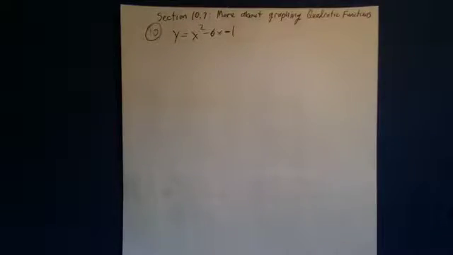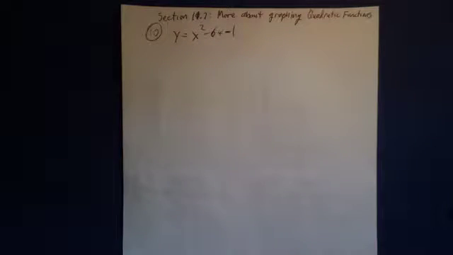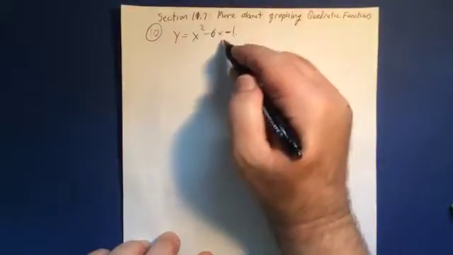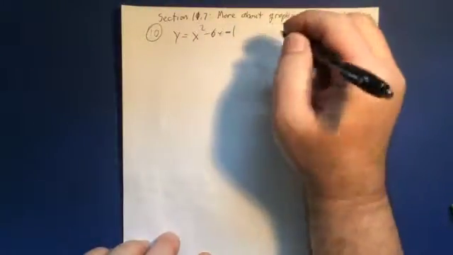Okay, we're now going into section, I don't know why I keep saying 10, 11.7, more about graphing quadratic functions. In this one, we're going to take a look at the form in which we write quadratic functions that will look more familiar to you, but we're going to be rewriting it into the form that we were looking at in section 11.6. So we want to take a quadratic function that looks like this, and we want to rewrite it